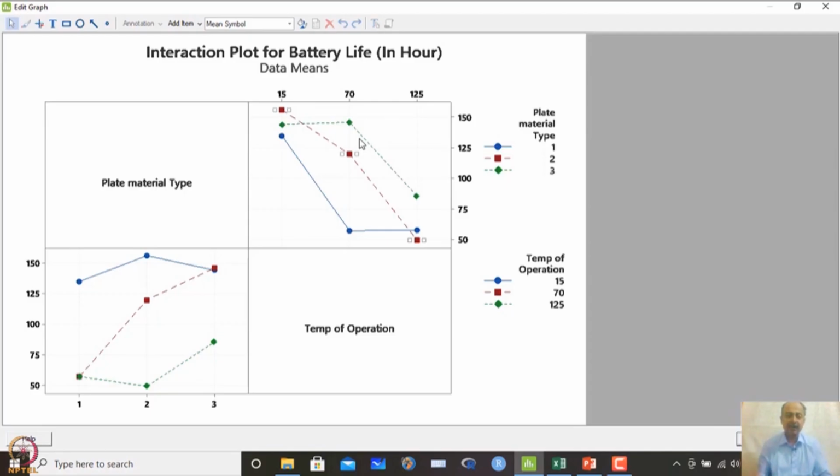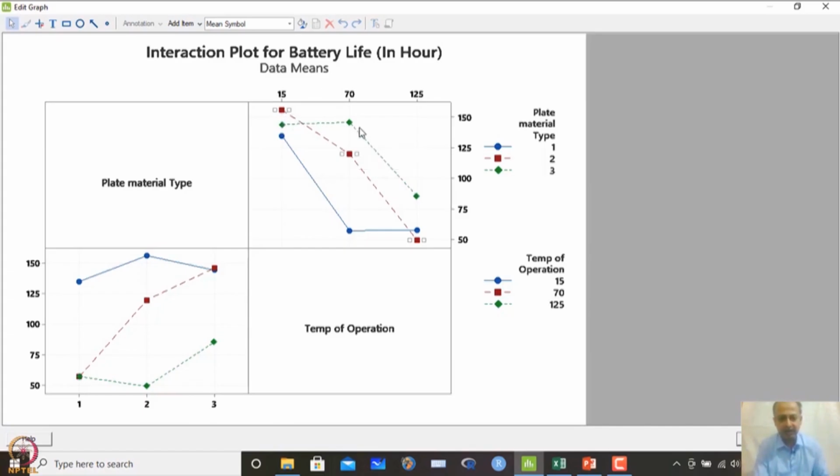assuming continuity, or we can say that within this range we can expect this. So, we are just extrapolating our interpretation over here, 15 to 70, because we have done it on discrete points. But we can see the interpolation to be more or less flat. So, in this case, what we are trying to say is that this is more flat. So, if you have to take preference on robustness, which material should I use? I should go for material 3